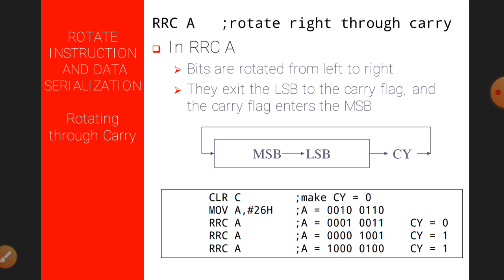That carry will get the position of the most significant bit. Again, when I write RRCA, now the LSB has the value 1. That 1 will first get shifted to the carry, so the carry becomes 1, and the earlier carry value of 0 will get shifted to the MSB position. Next, RRCA again: the D0 bit will get moved to the carry position, and the carry value gets the MSB position.